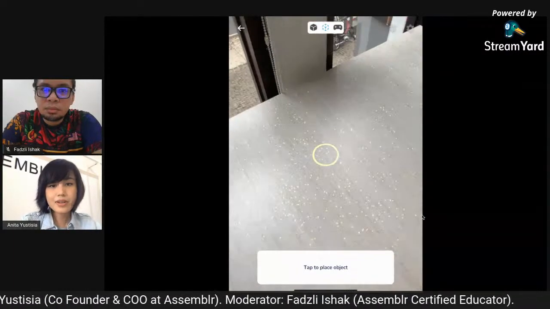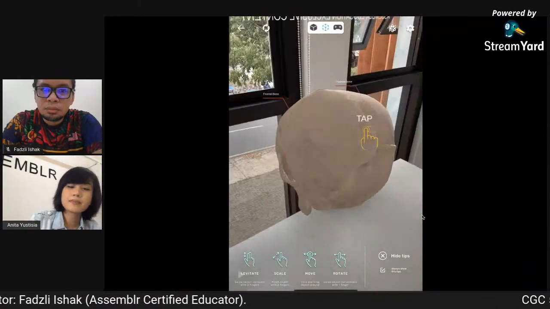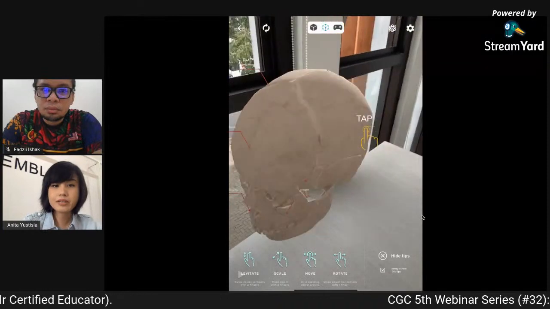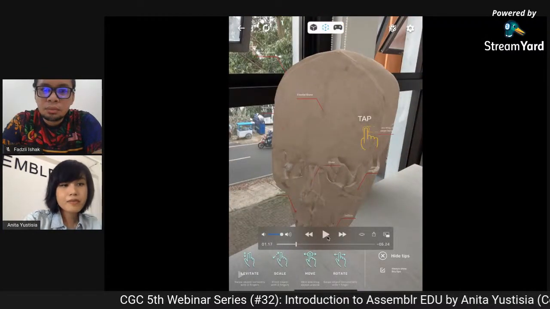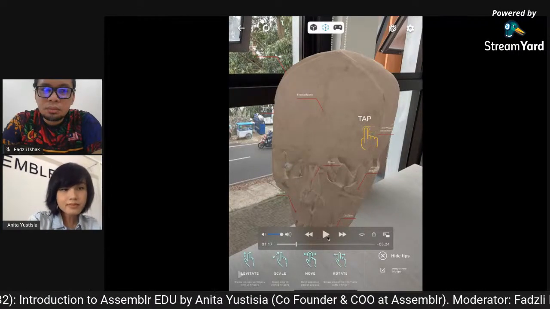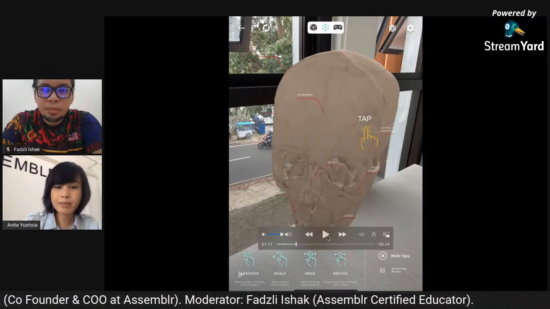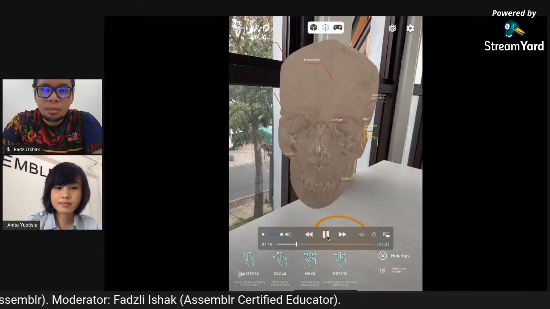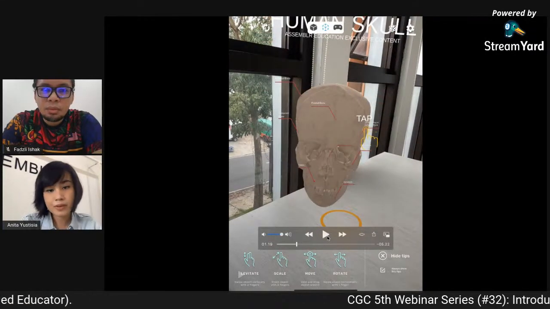Okay, so this is called the AR mode. You can place your lesson or your 3D object in the real world. Before I move a lot further, you can also still be tapping the 3D object. On the bottom, we have some tips that you can also